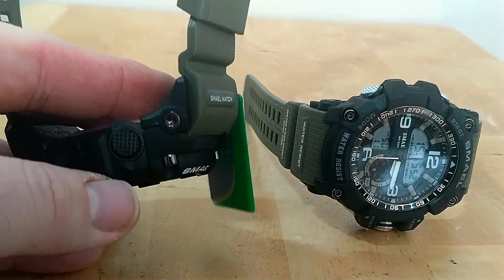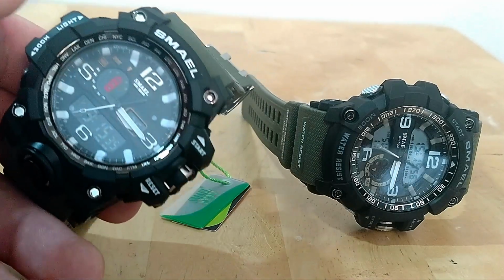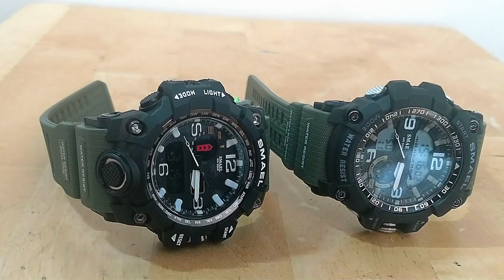Same thing with this one. Everything's kind of bolted together, but all the bolts have the bottoms rounded out, so you're really not going to be able to do anything too crazy with these things. So yeah, they're $10, and like I said, guys, for the purposes of what I'm doing here, which is